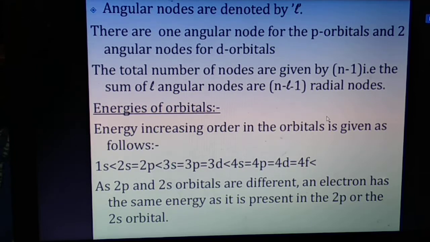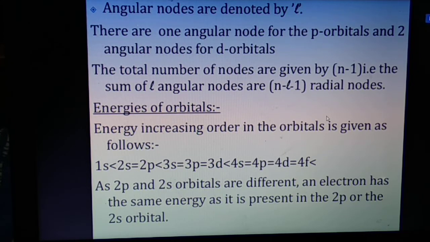Now students, the total number of nodes for an orbital is given by the expression n minus 1. That is the sum of the angular nodes L and the radial nodes n minus L minus 1. So again I am telling you, note down in the copy, the total number of nodes is given by n minus 1. If I ask you the number of nodes for the 2s orbital, the answer is 2 minus 1,